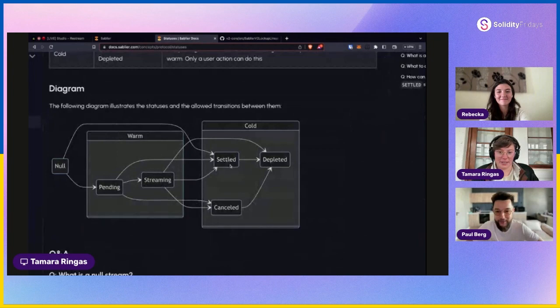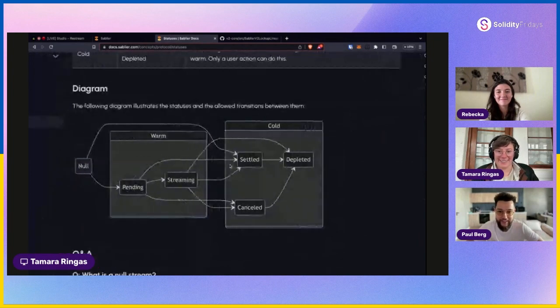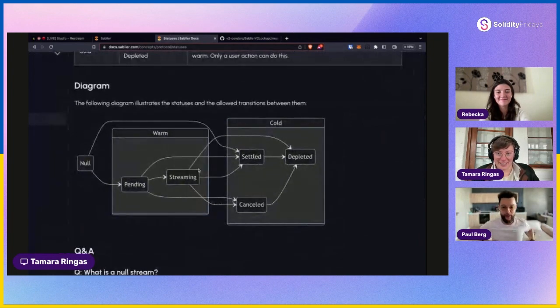Yeah, it would have been nice to have this graph, so I'm glad we have it. It's hard to explain with words. But the idea is, a Sablier V2 stream can be in 5 different statuses, and they're mutually exclusive. They are either in one particular status or they're not. We're using an enum for this, and